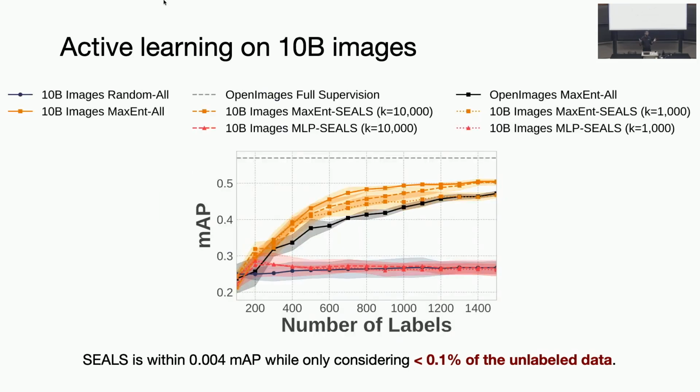And finally, we scaled it all the way up to 10 billion images. And we found, once again, that even at this scale, we can still get to the same level of accuracy or mean average precision while only considering less than 1% of the data, so 0.1% of the data. So this fundamentally makes it way more tractable to actually do active learning at these scales, which has been a huge bottleneck to this new wave of research and modern